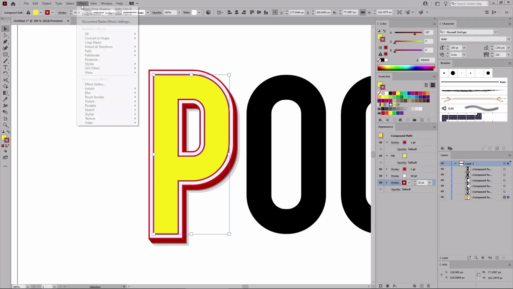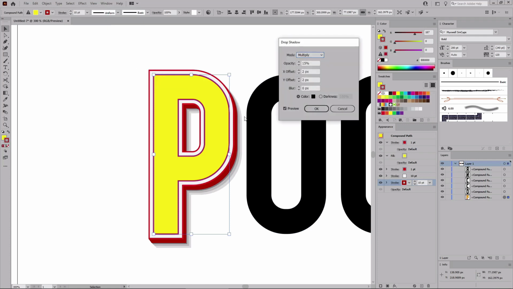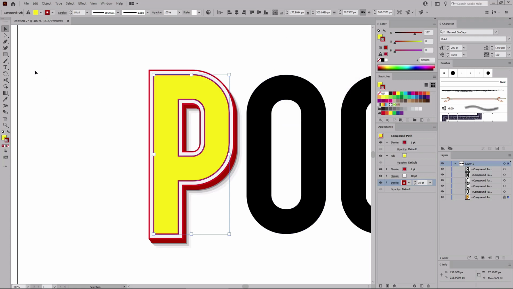Go one more time to Effect, Stylize and Drop Shadow. Just lower the opacity to 5%. Click OK to apply the effect and select the rectangle tool from your toolbar. Simply click on your artboard to open this window where you can easily set the size for the shape that